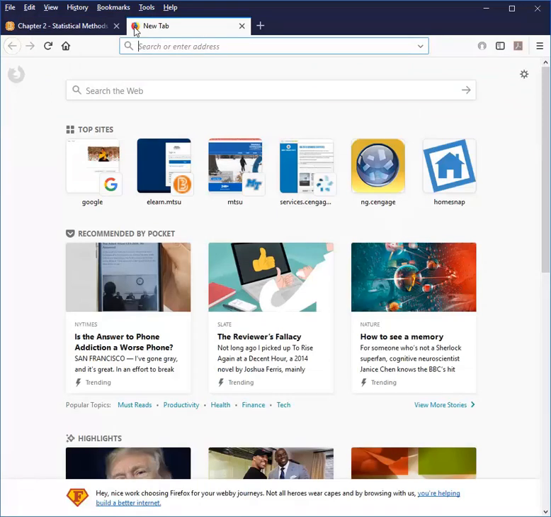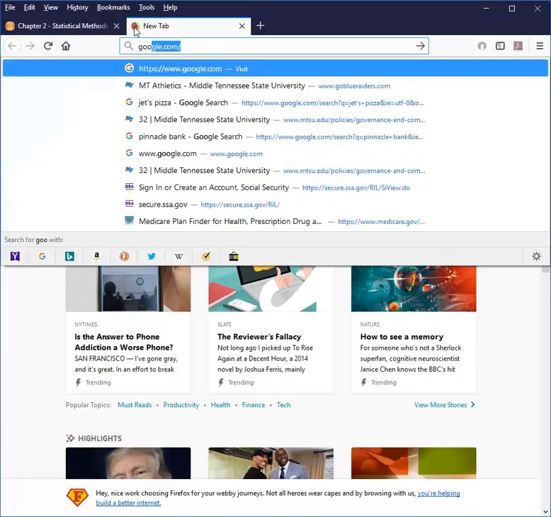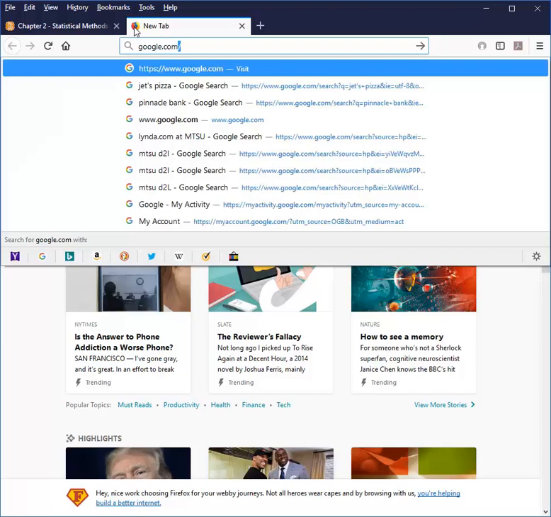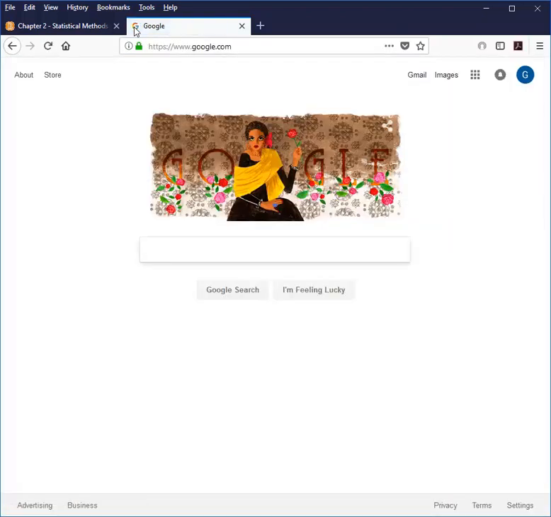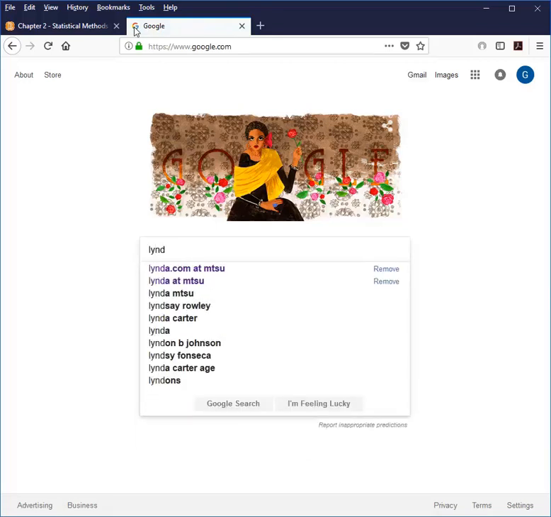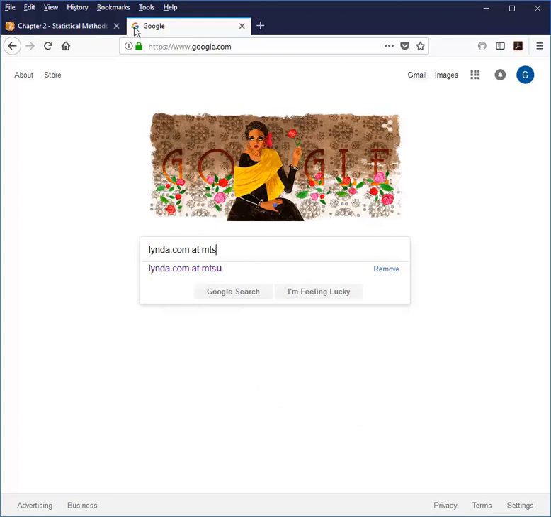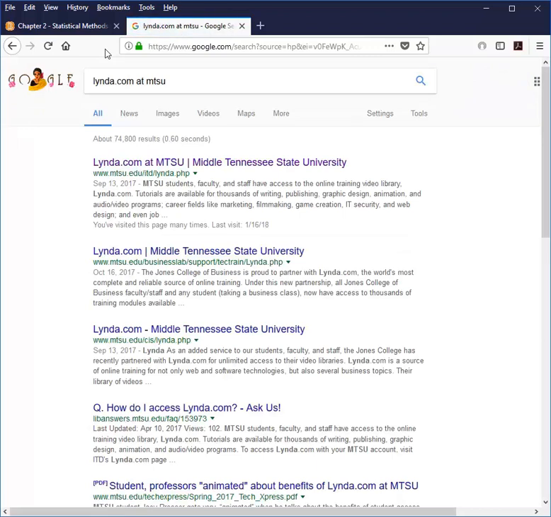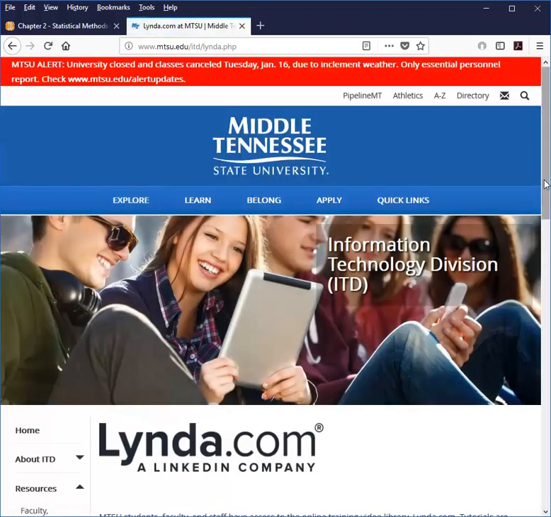And I'm going to go to Google. I'm going to let Google find the ITD website where I can access Lynda. So just type in Google. And then in the search box, Lynda, L-Y-N-D-A, Lynda.com at MTSU. And we'll let Google search for it. And Google finds our link for us, and then all we have to do is click on it. Now we scroll down,